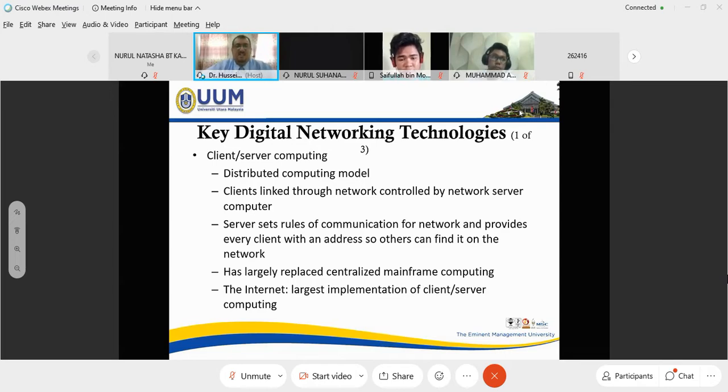The server also sets the rules of communication for the network and provides every client, every computer in the room, with an address, so others can find it on the network. To connect to the internet, you have an address. Any computer, any device that connects to the internet has an address. Your device has an address.